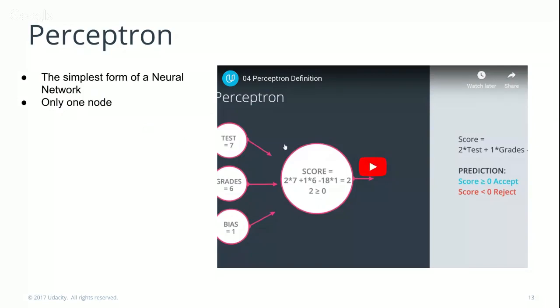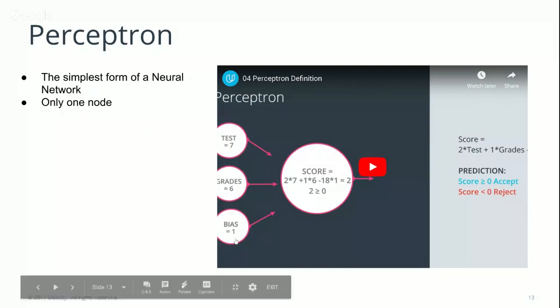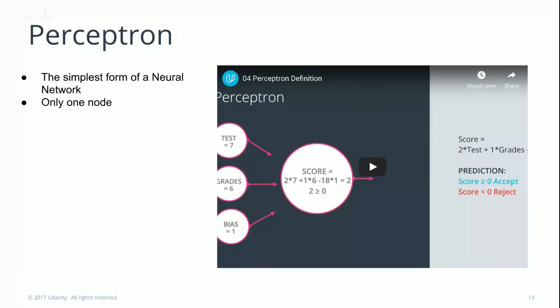So this example here, this image from the video shows, as an example, where you're passed in 3 features. You have a test value, which is 7, a grades value, which is 6, and a bias of 1. A bias you can think of as a constant that you're adding to the input features. So if this model had 2 input features,